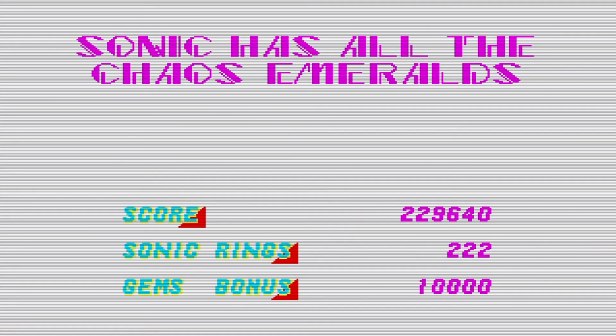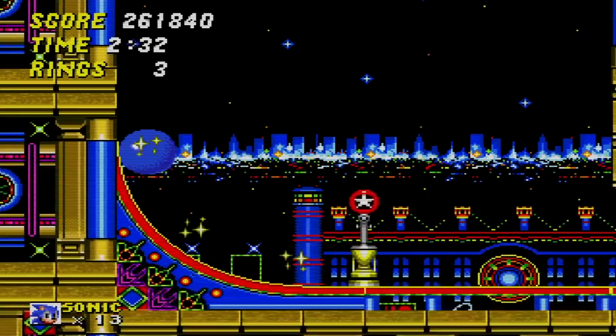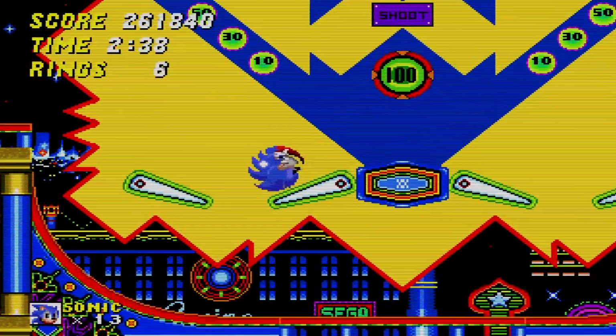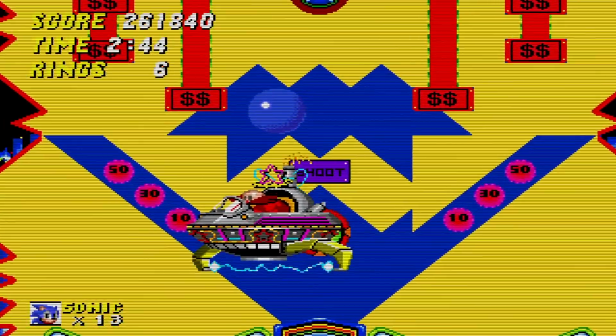But with that, we have our 7th Chaos Emerald. So that means we can now become Supersonic, a golden invincible hedgehog that destroys everything in its path. But now it's time for our next Dr. Robotnik fight, our fourth Dr. Robotnik fight. Now, what you're supposed to do is use the flippers to launch Sonic up to